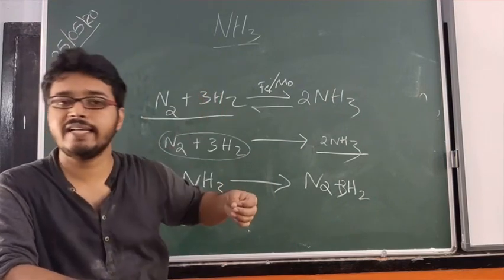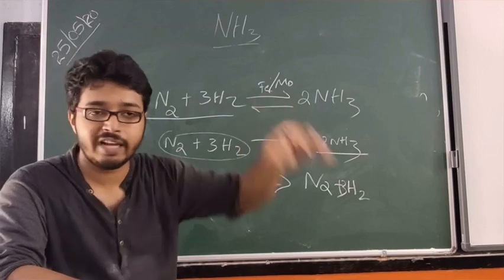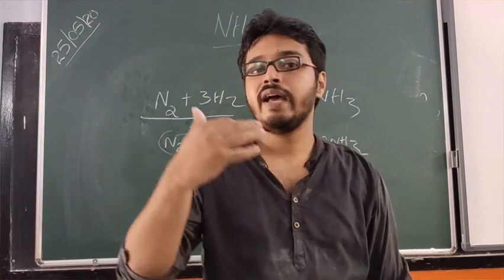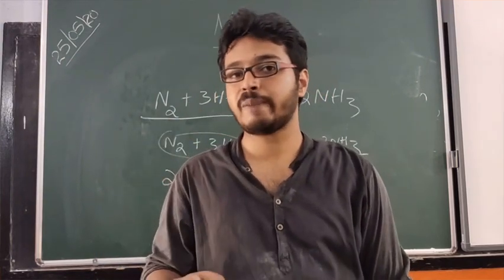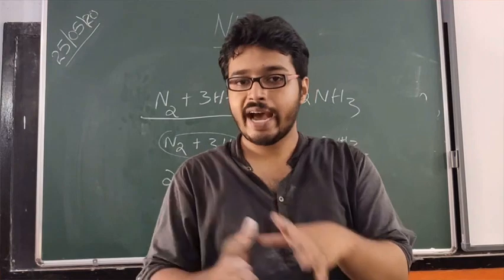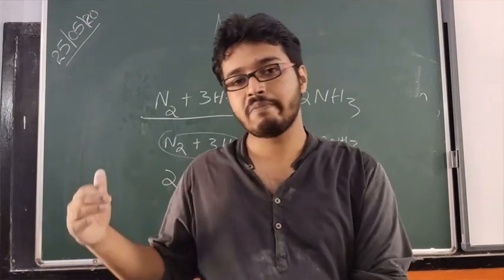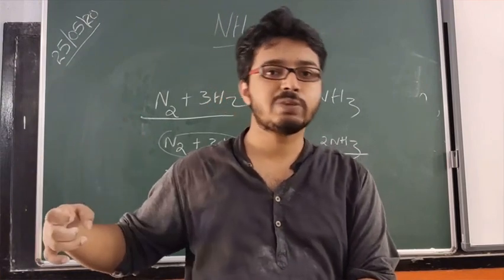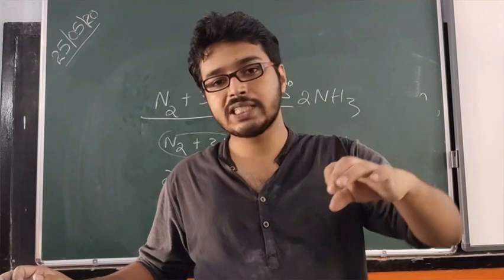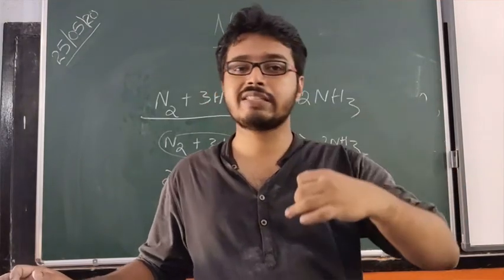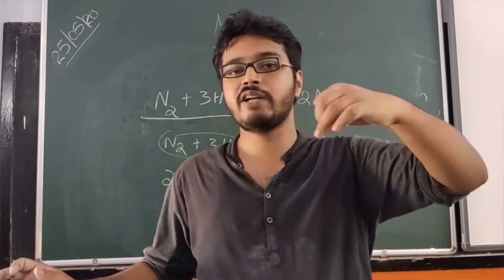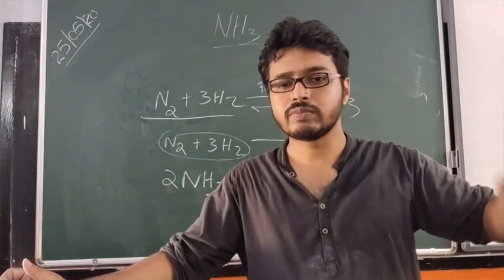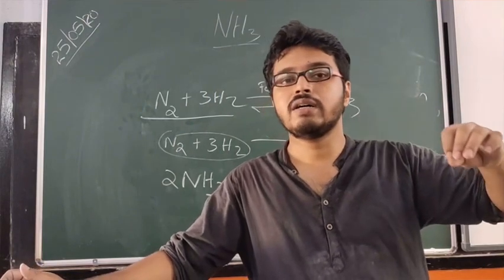Again, if ammonia is produced, we will take that ammonia, liquefy it, and remove that liquid ammonia. So this is what is going to happen inside the Haber process plant. We will continuously add the reactants to the catalytic chamber where the temperature, pressure, catalyst, and promoter are all set. Whenever the product is formed, whenever the reaction is initiated, a small amount of the gas is taken into the cooling chamber. So from the cooling chamber, what happens?